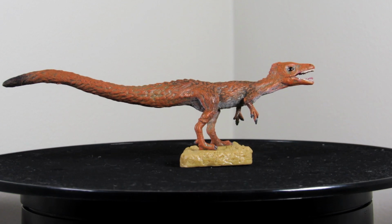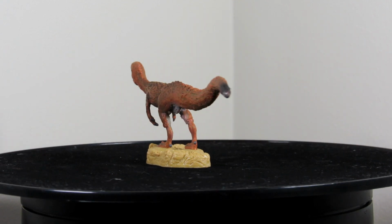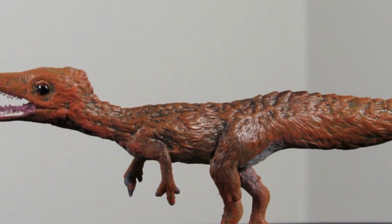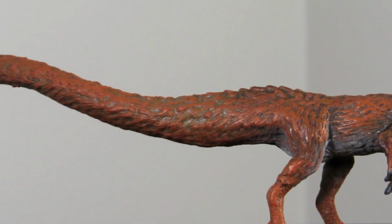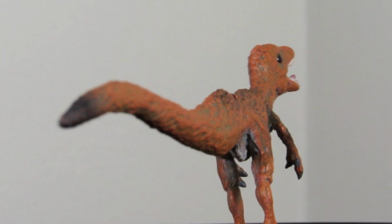A big thank you to my friend Gibson, aka Bioniclesaurus, for getting me this figure for review. Sciurumimus is a very interesting little animal. Its name means squirrel mimic, and it was named that because of its big floofy tail that resembled that of a tree squirrel, which is pretty cool. And this tiny model here is very charming, I must say,